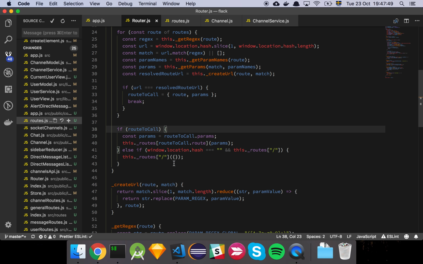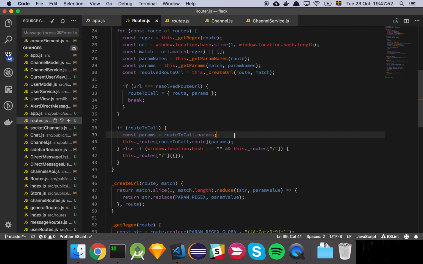And then finally we simply check if there is a route to call. And if there is a route to call, well, we simply grab the parameters, and then we index into our routes, where we store all our routes, and we call the correct function with the parameters that we have for that function. And we have a bit of a special case here, because if there is no hash, or if we've declared a root handler, because that won't match against anything, we simply call the root action handler, or the route handler instead, because this is basically the way we can check whether or not we've